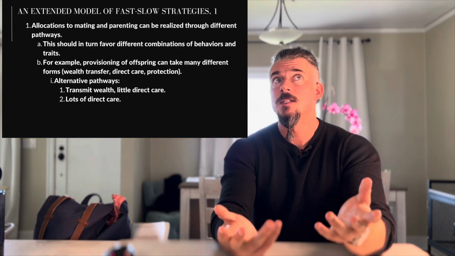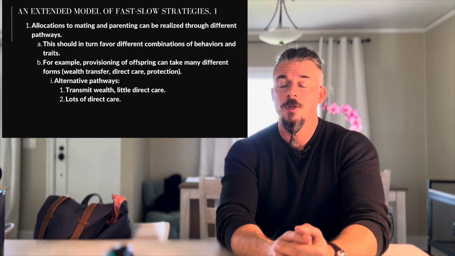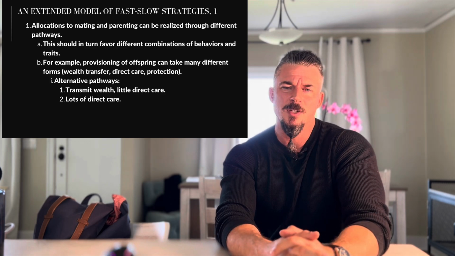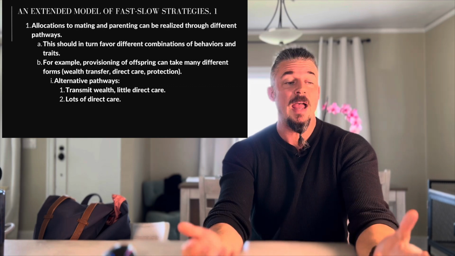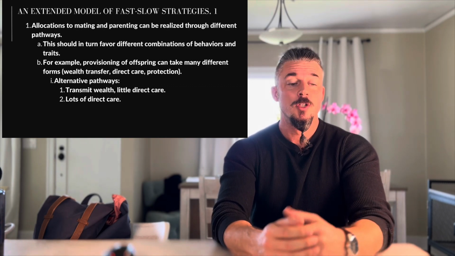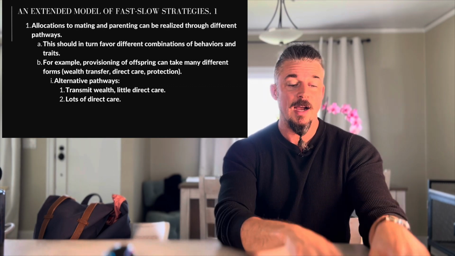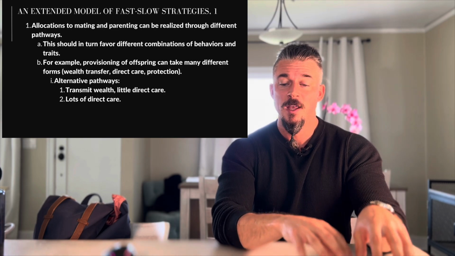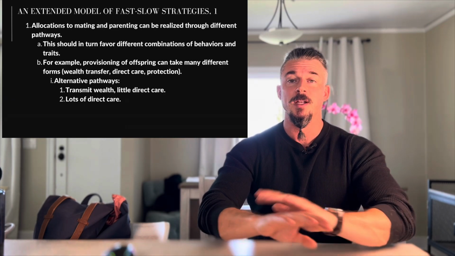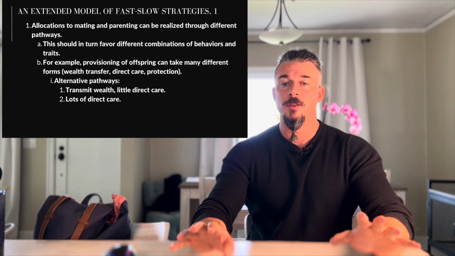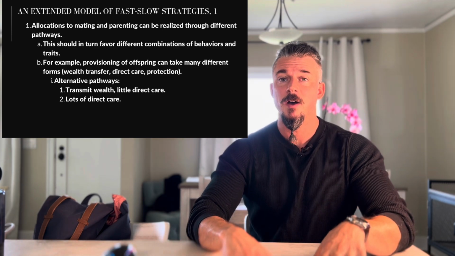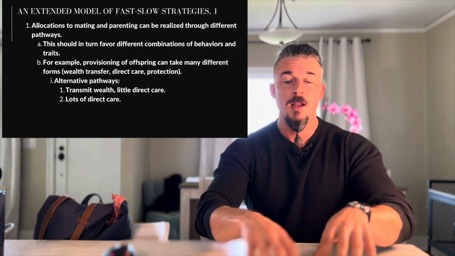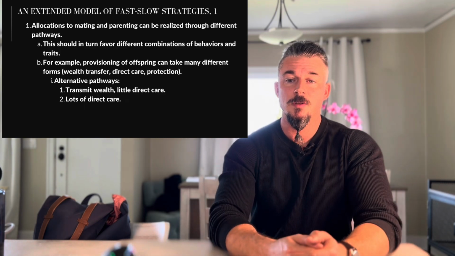So let's take an example here. Provisioning for offspring. What does it mean to provision for your offspring? Well, you could give them money. You could be a completely absent father, but you're rich, so you can take care of a lot of offspring. You can hire them nannies and that sort of thing. So you can provision for offspring without doing any direct parental care as a father. Or you could be poor, but be a very attentive and really good father, be there, taking them to baseball games and that sort of thing.